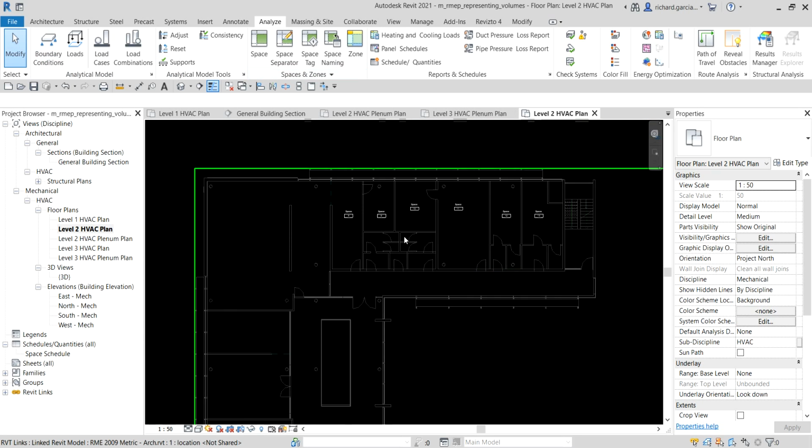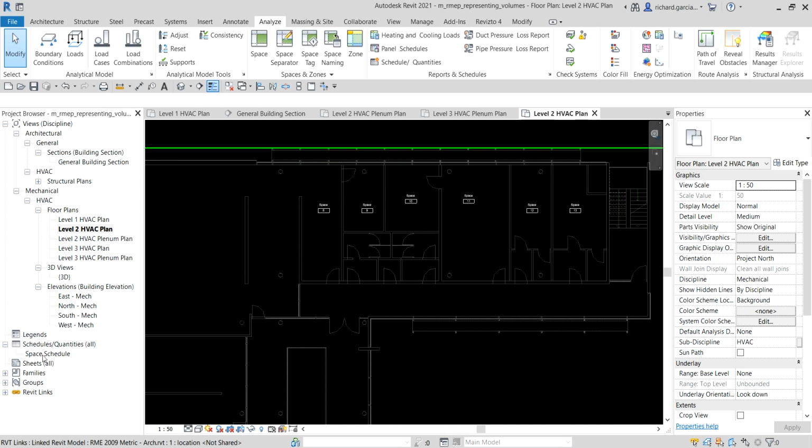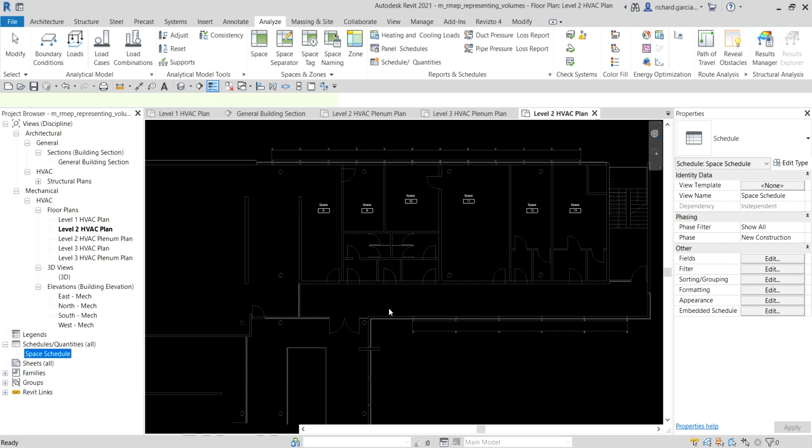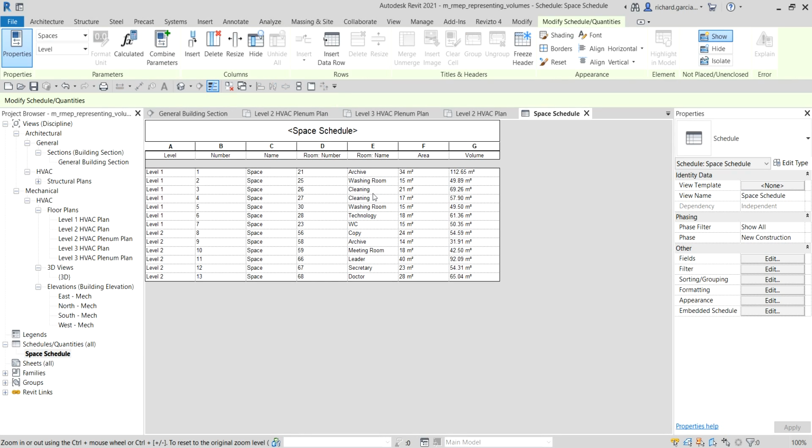Okay. Now, if I open here the space schedule, there's the space schedule here. You will notice here there is a room name and also a room number. Okay, so these room names and this room number actually came from the linked model, from the architectural model. In the architectural model, they already specify the name of each room.